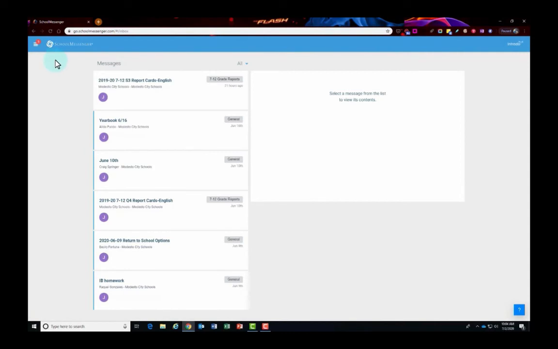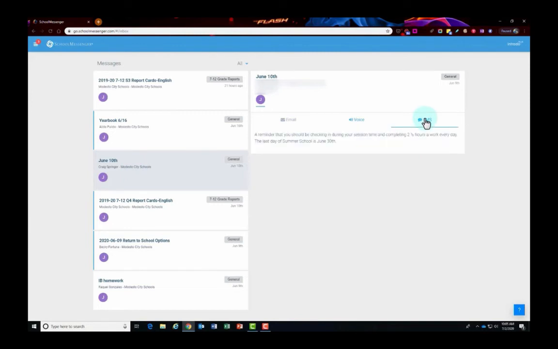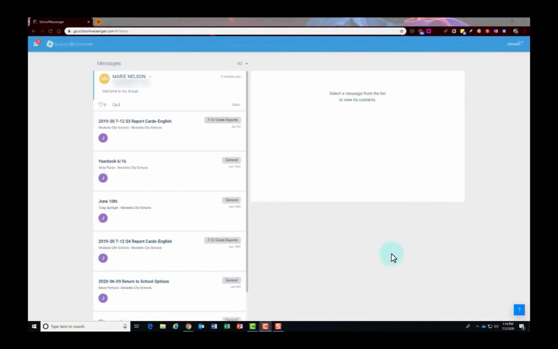Let's go back to messages and let's take a look at a couple different messages and different styles. When you click on a message, anything highlighted in blue is how you can review that communication. So in this case, this message was a voicemail that you can listen to. Anything grayed out means you didn't get communication in that way. So let's look at this one. This one that's highlighted in blue is text and voicemail. And again, you can click on those links to play the voicemail, read the email, or read the text.